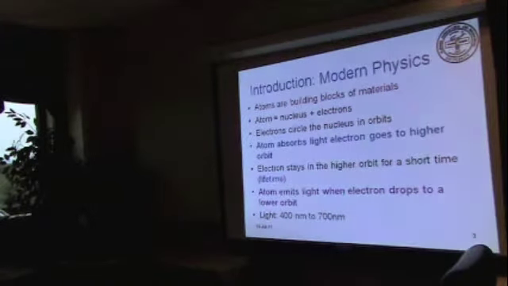Whenever the electron drops down, it emits light corresponding to the energy gap. Whenever we say light, we deal with light whose wavelength is between 400 and 700 nanometers, because that's the region to which our eye is sensitive. And though we say 700, some people can't see this far, but most people in general can see the whole range.